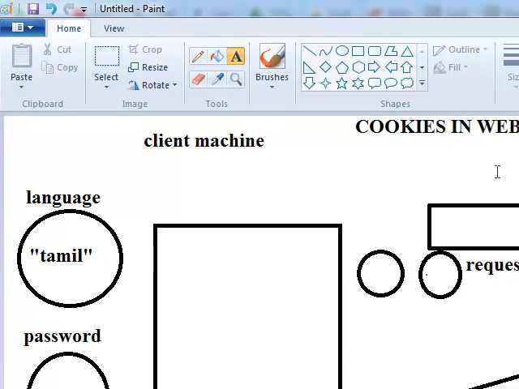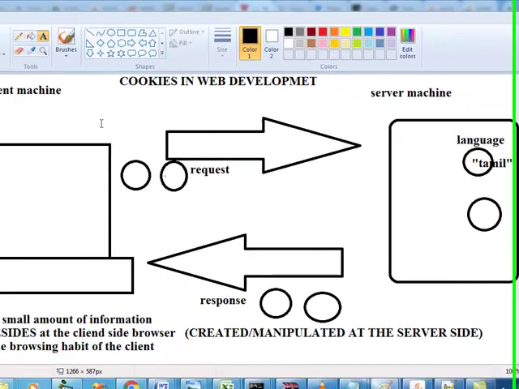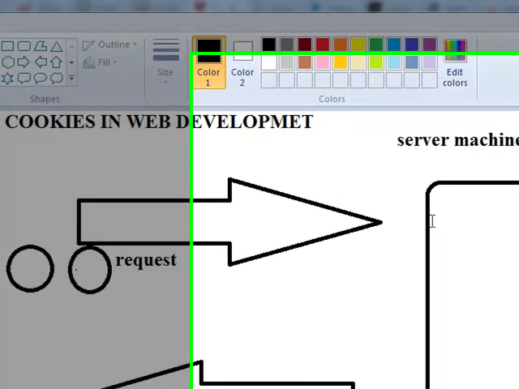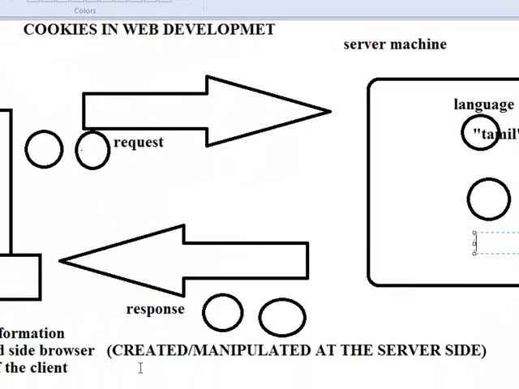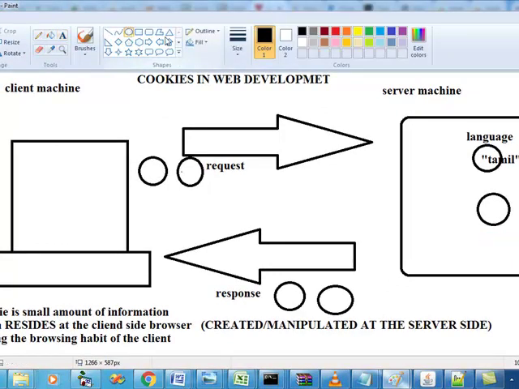Clear? Okay, with the request, let's take this as scenario 1. Cookies can be manipulated at the server. Let's take scenario 2. While sending with the request object, how many cookies went? 2. Now I can create a new cookie. Where do I create cookies? Creation of cookies and manipulation takes place at the server. So now I create a new cookie for that path, for that domain, for Amazon. And now when the response comes, how many cookies will come with the response? 3. Okay, and the cookies will reside at the browser.